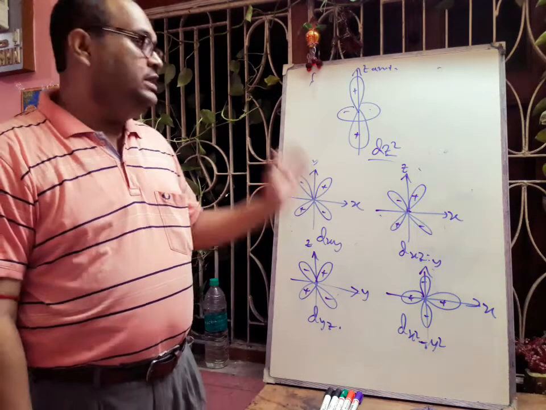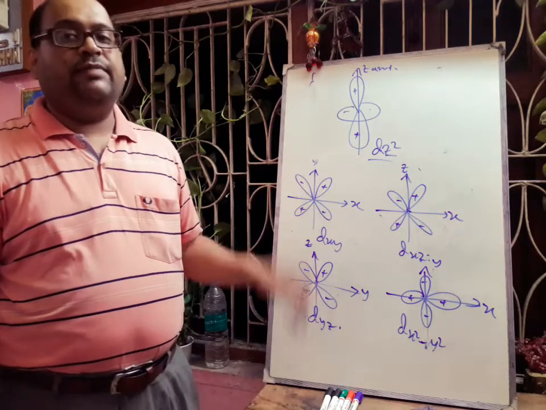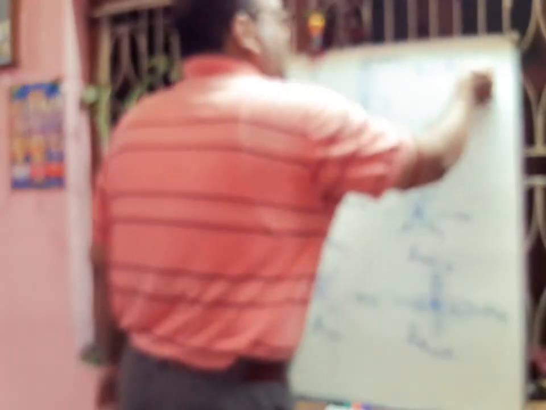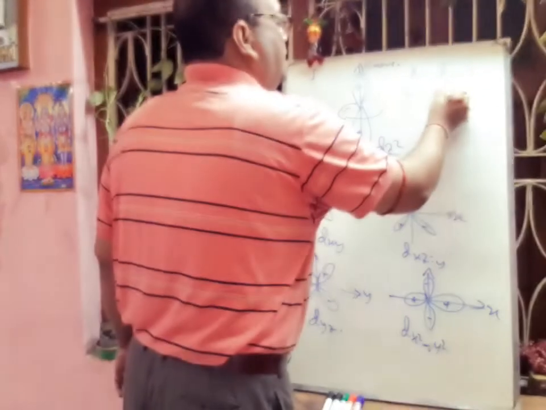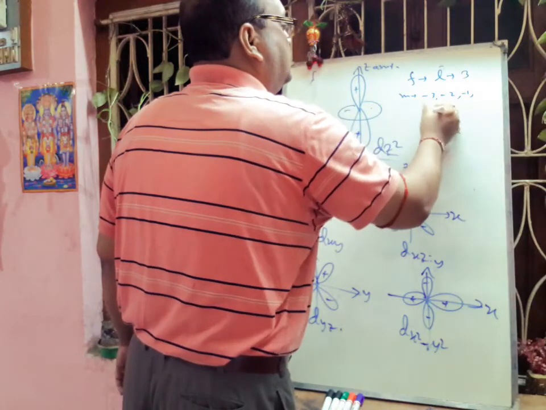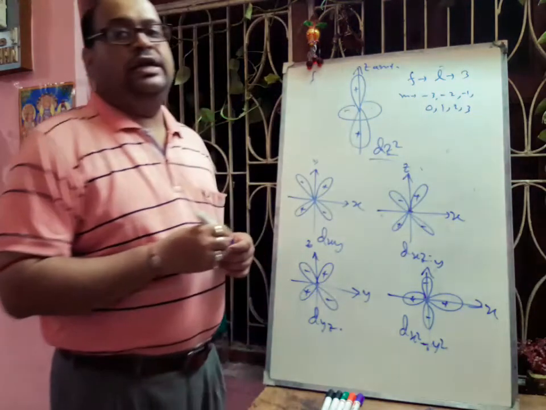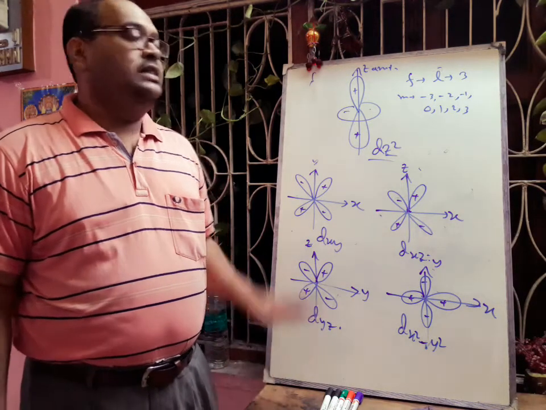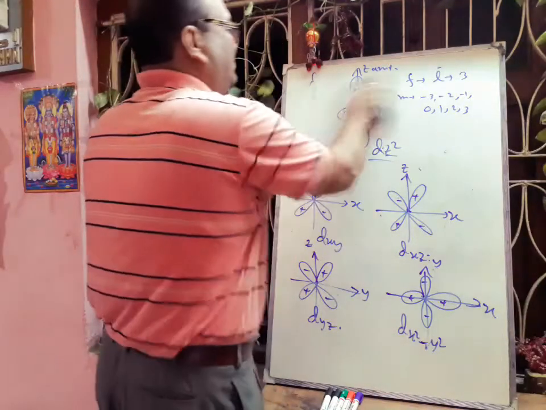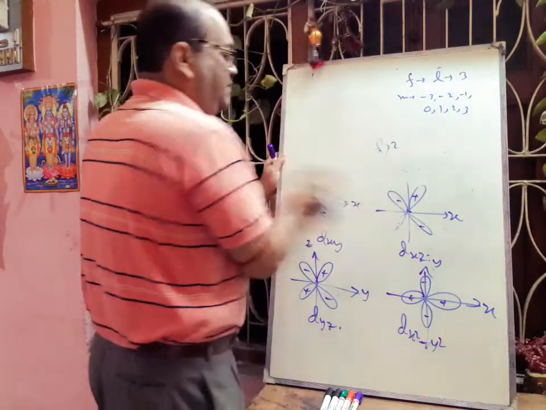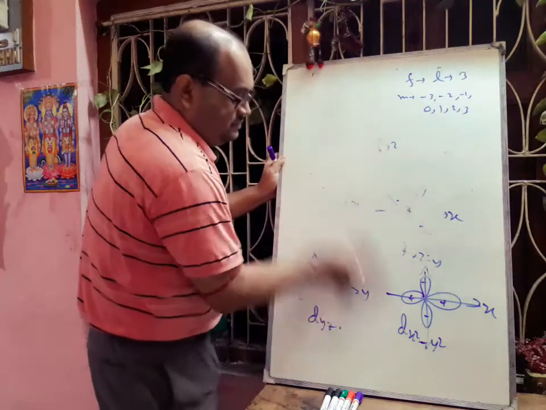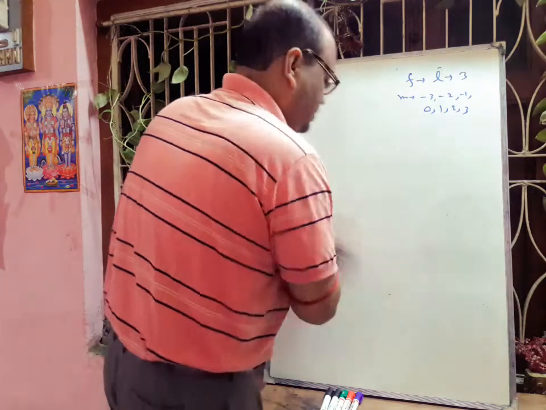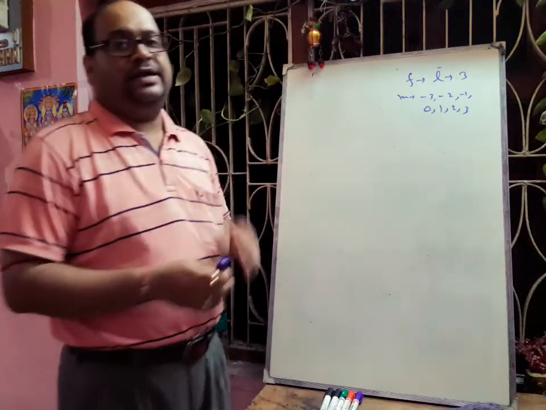In this way, if we think about the f orbital, what will be the value of l? The l value will be 3. So definitely m value will be minus 3, minus 2, minus 1, 0, 1, 2, 3. So in f subshell there will be 7 orbitals, so there will be 7 types of f orbital. F orbitals may be triple dumbbell or more complicated. That is not in our syllabus. So we have to practice up to the d orbital diagrams.